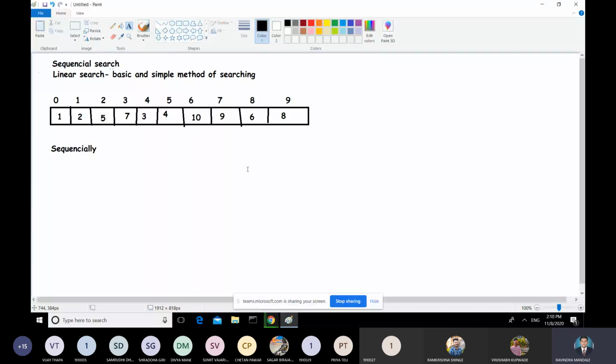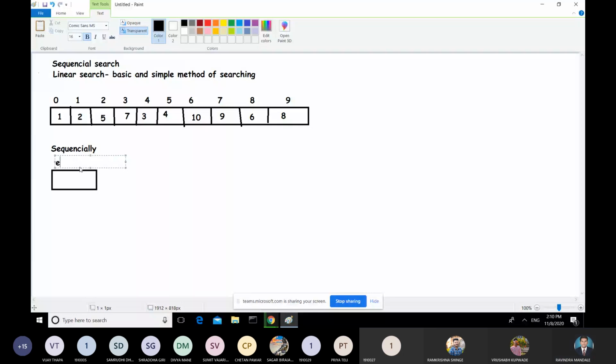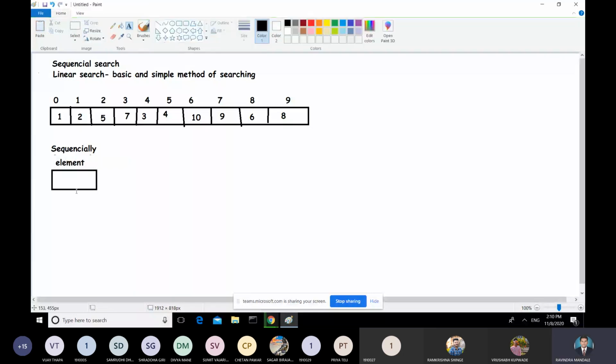Now see, suppose I want to find out whether 1 is present in this array or not. How will I apply linear searching? Suppose the element I want to search is 1. Can you tell me how many comparisons are required for searching 1 in this array?